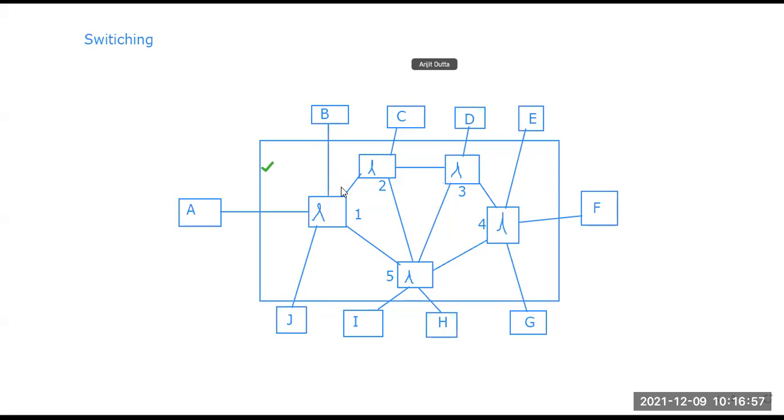The connection can be changed, it can be made in a way that all can be connected with each other, so that data can be sent in any order, right? So all needs to be connected with each other, that is the main concept. So in a switch network we can say that nodes are connected to the end system. These nodes, A, B, C, D, these particular devices, are connected with the switch devices that are inside the box, and nodes are used only for routing.